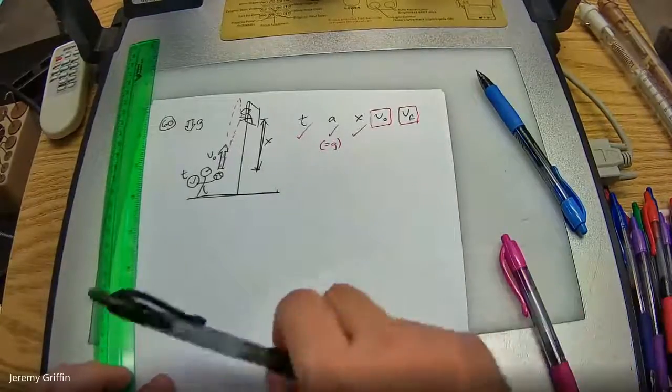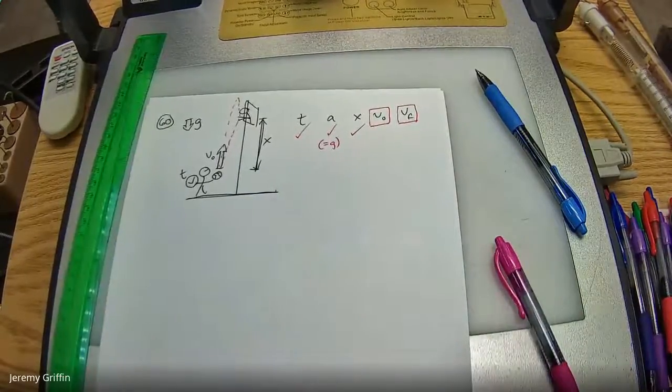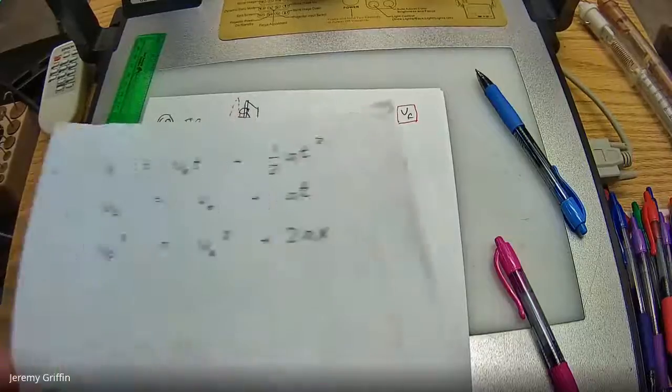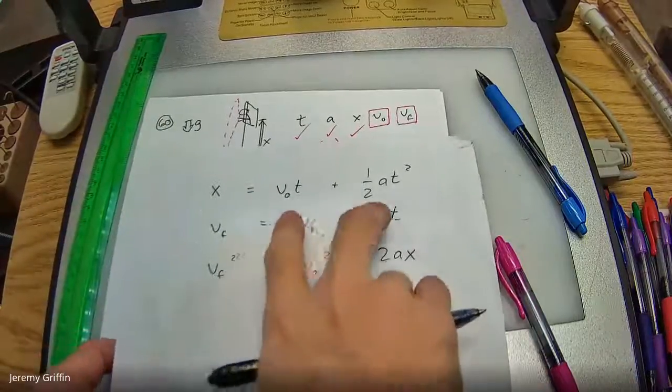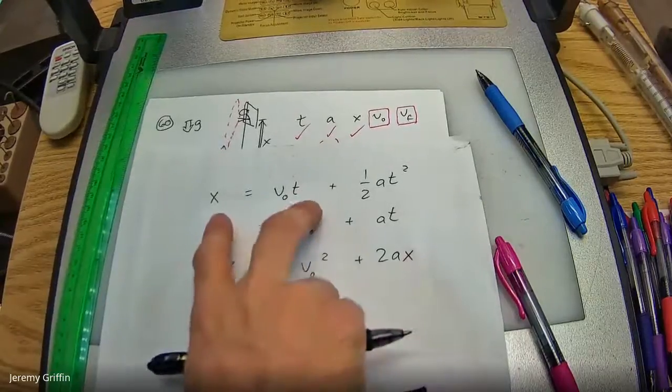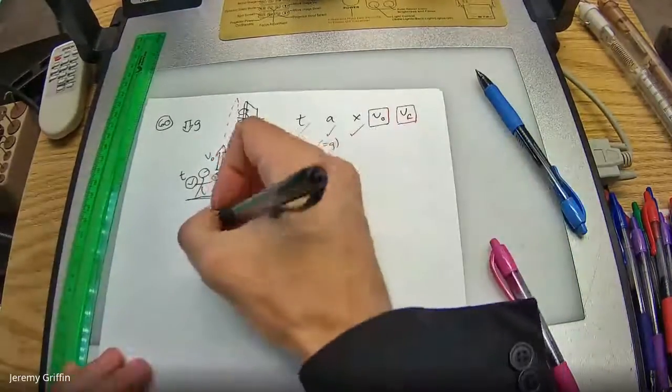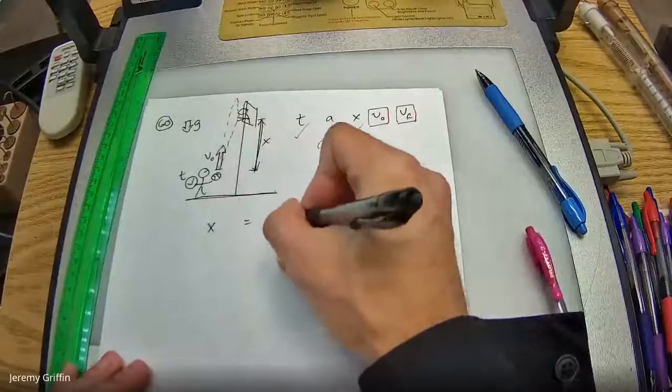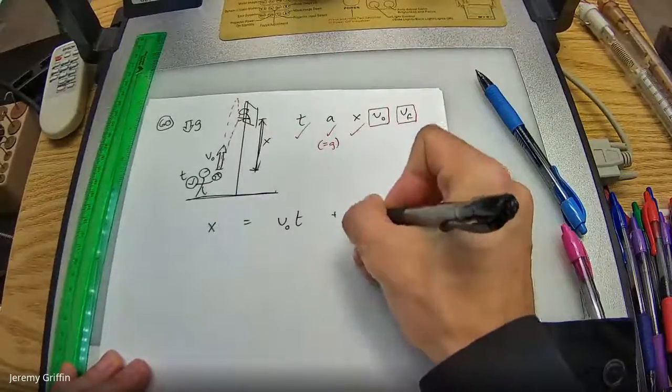Which equation do you guys want to start with? First, second, or third? Yeah, I like the first one also, because it's the only one that has both the X and the T in it. Let's do that. Good call. X equals V naught T plus half